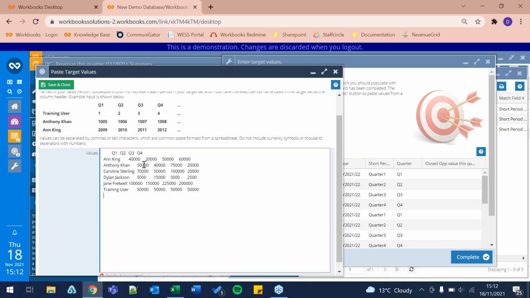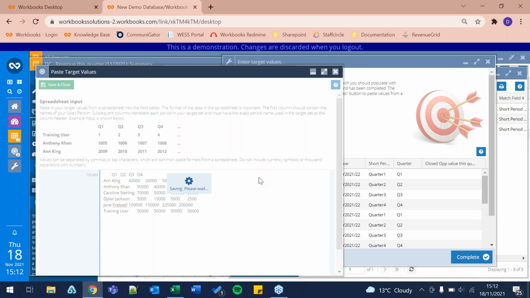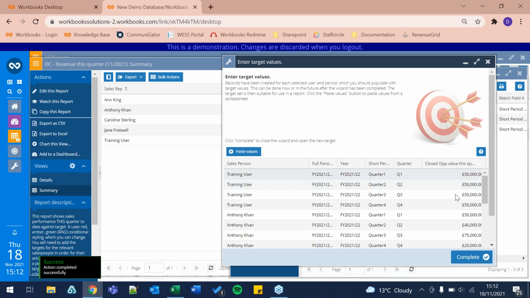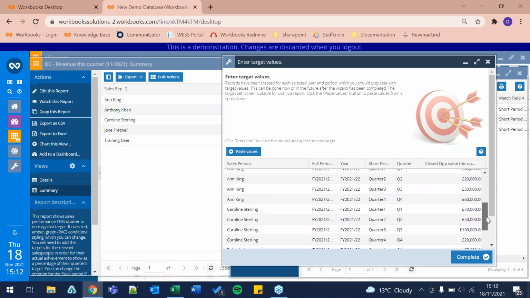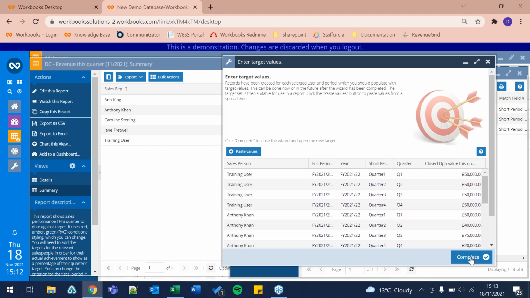paste them in, and it gives you a little example here of how things should be configured on your spreadsheet as well, so you aren't going in blind. Then hit save and close. And then you can see that it's automatically assigned each value to the relevant user and to the relevant quarter as well. So if we hit complete,